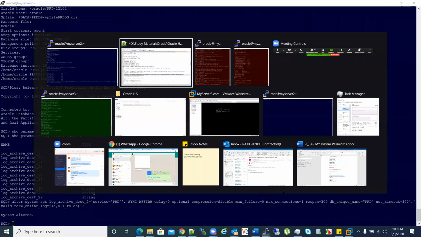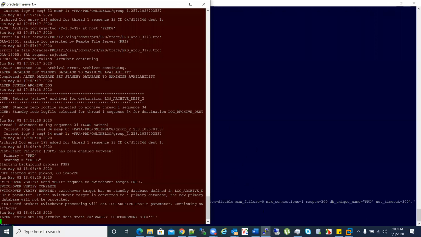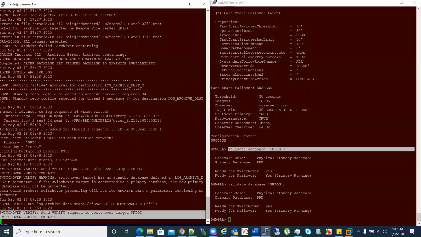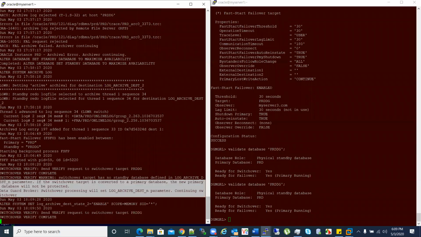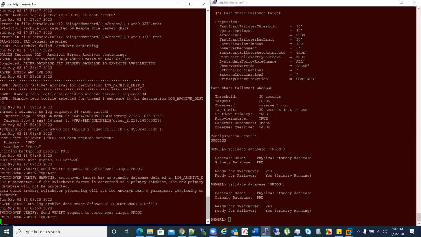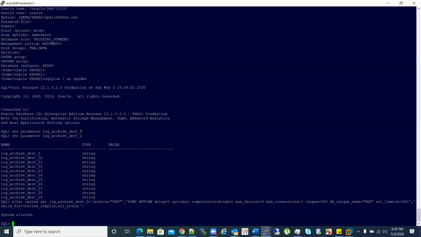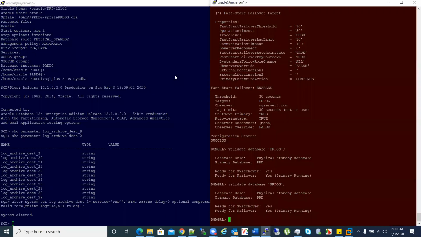By the way, here if you see, we got the output: ready for switchover, yes. Ready for failover, yes. So which means we are good in terms of switchover and failover. This is just a warning. A warning is something that's fine until there is a failure. Now I'll execute the same command and see, and this time it says switchover and verify both are completed. The warning and all, nothing came, but that is not mandatory. Now I will change the role. This is the last step we are going to do.